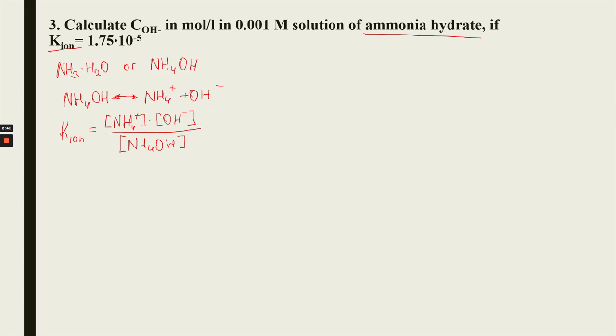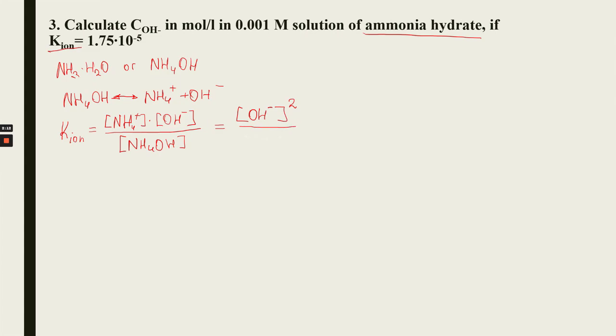Actually these two equilibrium concentrations are the same, they are equal, because each molecule of ammonia hydrate produces one ammonium ion and one hydroxide ion. So we can write in that formula above the equilibrium concentration of hydroxide ion to the power 2,